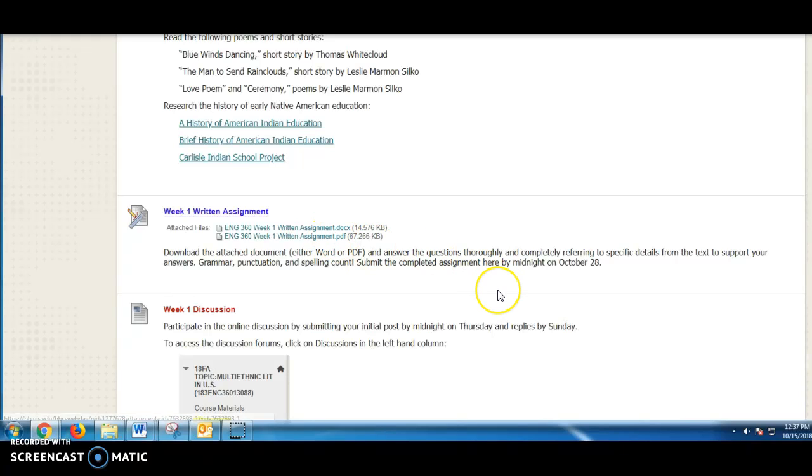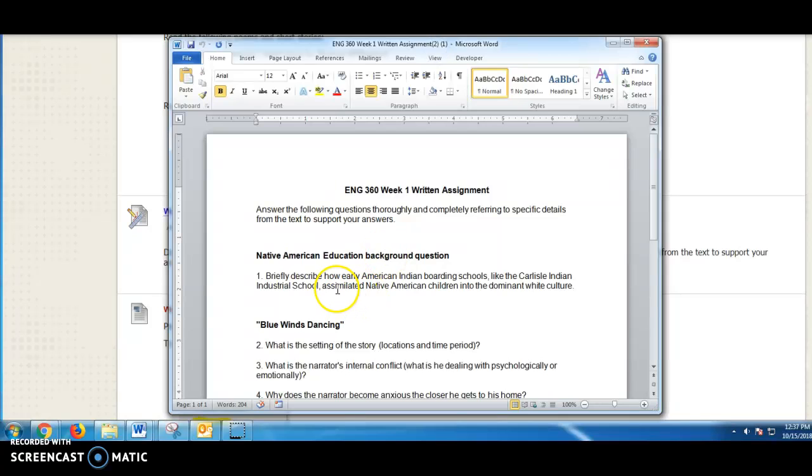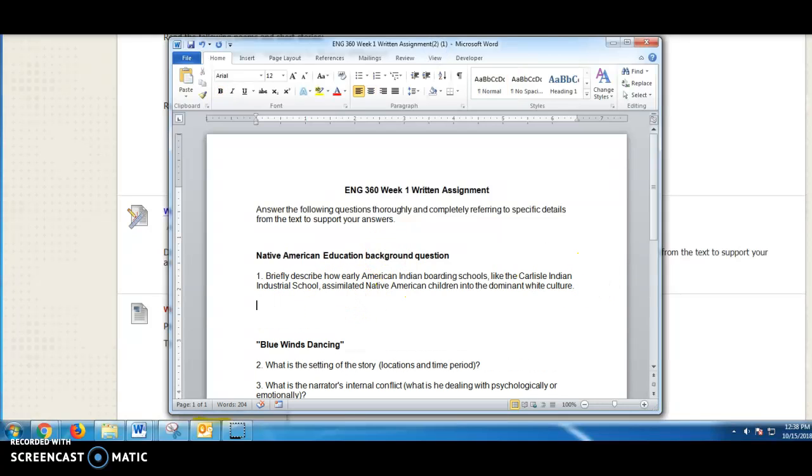I recommend, if your computer is able to open Word docs, that you download the Word doc. And let's get that pulled up. And then you can just type your answers right on here, whatever you want to say, and then save it. Once you've completed that assignment,